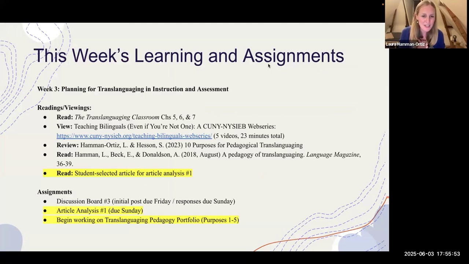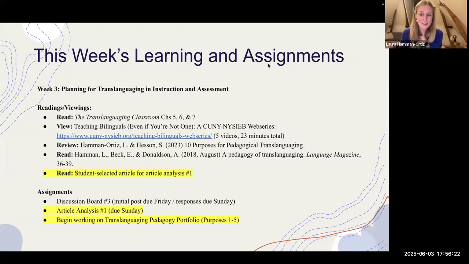So with our last few minutes, I just want to give you a preview of where you're headed this week. All of the information you need is online anyway, so it'll just be a quick overview. But this week, now we're transitioning from thinking about language and identity and language and power to really thinking about what does it mean to do this work in the classroom. You'll be engaging with different readings and viewings. And then your main assignments that I wanted to briefly touch on now are, in addition to the discussion board,